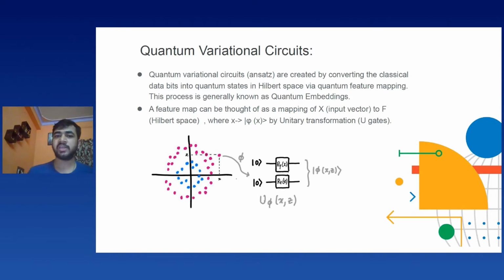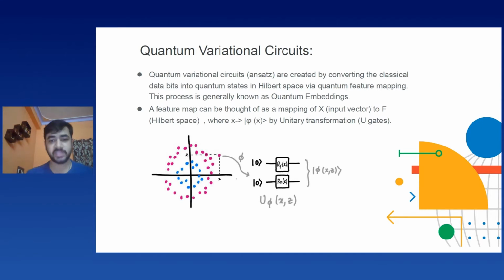Now, the same idea, just in a different sense, comes to quantum systems. Here, instead of encoding them to Riemann space, we encode them to something called a Hilbert space. These encodings or embeddings determine the angle of that particular qubit. It also determines the phase, or that was the angle actually. It also determines the amplitude of that particular embedding, and it may determine the basis vectors of that qubit system or that qubit vector. So there are three kinds of embeddings that we are going to see.